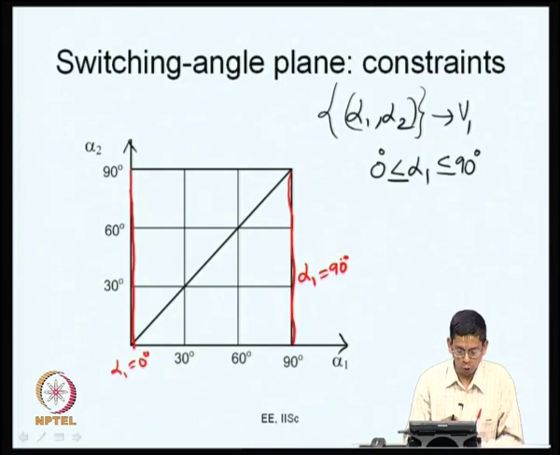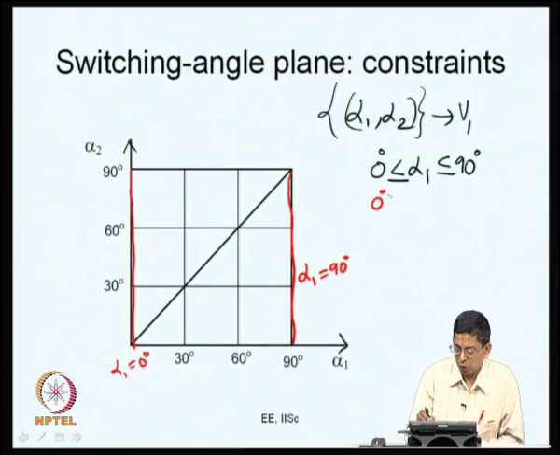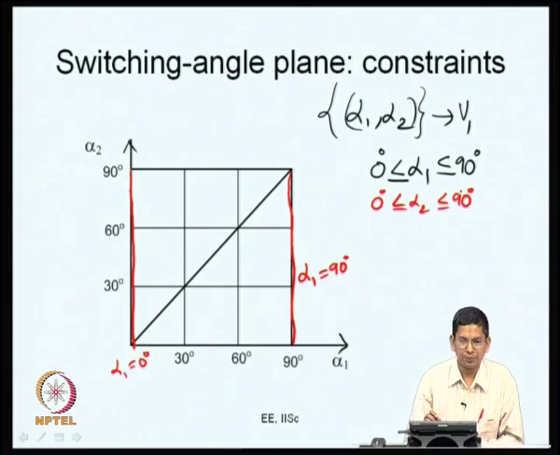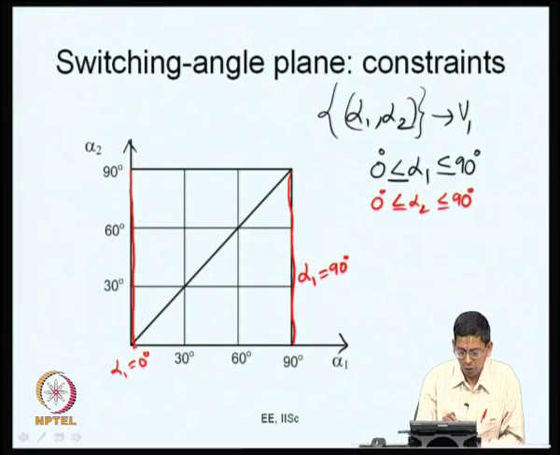Similarly, if you take alpha 2, you have 0 less than or equal to alpha 2 less than or equal to 90. Take alpha 2 alone, alpha 2 can never go less than